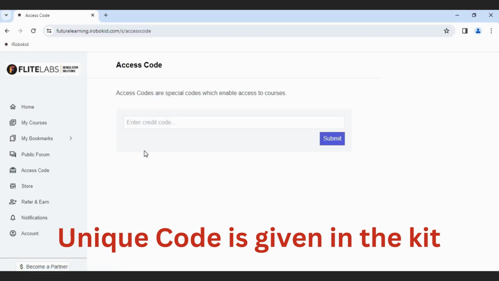Now here I have purchased the robotics kit. For the robotics kit, the code is mentioned in the kit, and I'll be writing that code, robotics, over here. It's going to be a different code for different kits which you are purchasing. So whatever code is mentioned in the kit, you have to enter that code over here in the access code, and then hit submit,